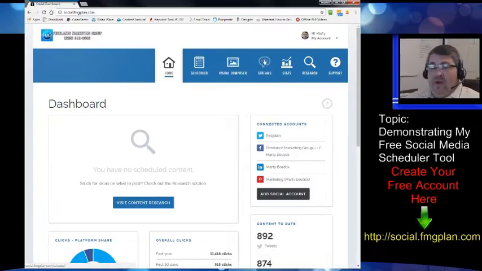The streams button is used to show you a stream view of your social wall from your different accounts, to show you what people have said or any mentions you might have, and you can interact with them. You can do retweets, replies, add comments, all right from that interface. The stats screen is just like it sounds, it's for analytics and statistics. There's an analytics module built in that covers all of the different network statistics.